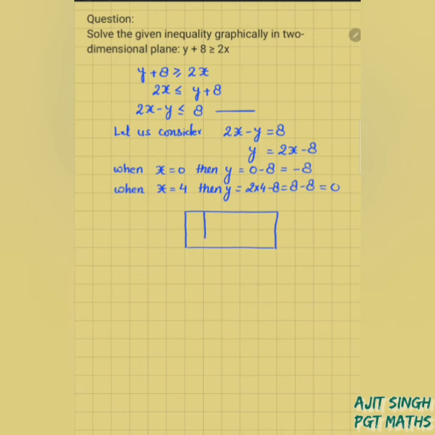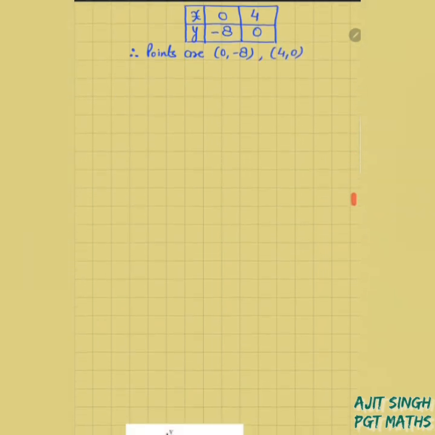So the two values of x are 0 and 4, and the corresponding values of y: for x equal to 0, y is minus 8, and for x equal to 4, y is 0. So the points are 0 comma minus 8 and 4 comma 0. Now to draw the graph,